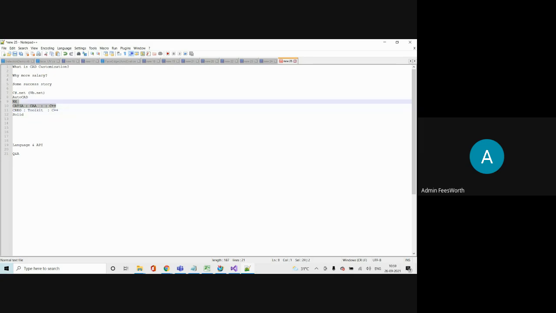But if it is not CATIA or Creo, you can go for C#.NET. You can do everything. There is no additional license cost. If it is CATIA or Creo, they have to pay a lot of money for the license. Apart from the CATIA license, apart from the Creo license, they need another license for this development.